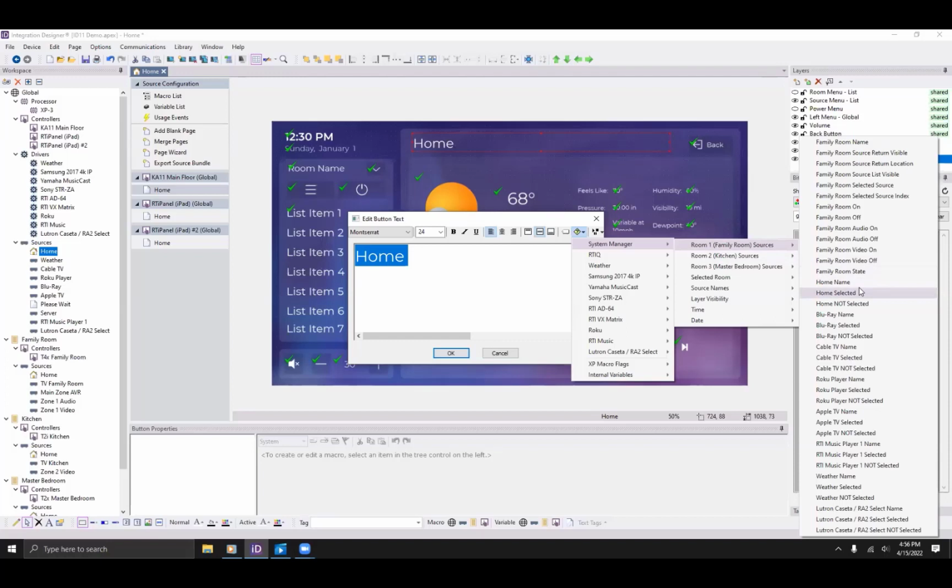Now you also get to choose if a specific activity is selected. So if you're on your home page, the home page is selected. If you're on your Blu-ray, the Blu-ray is selected. But we also track what's in use as well. So if you're watching Blu-ray, your Blu-ray is in use. If you jump to your home page, your Blu-ray is in use. If you jump from there to your lighting page, your Blu-ray is still in use. So you can track what sources are in use,